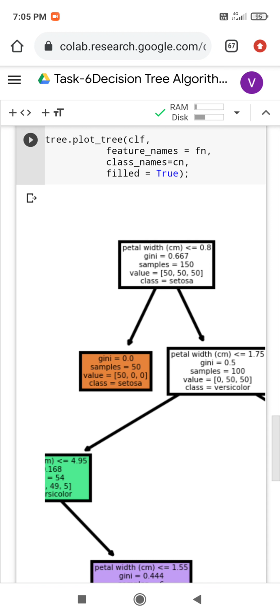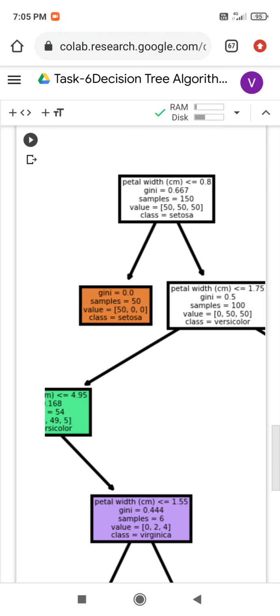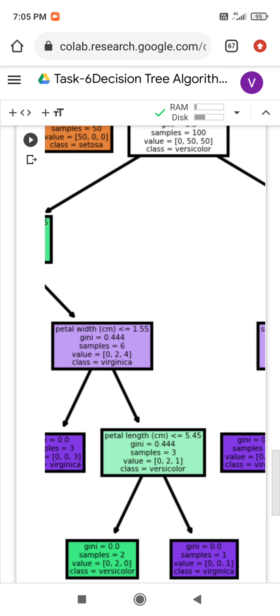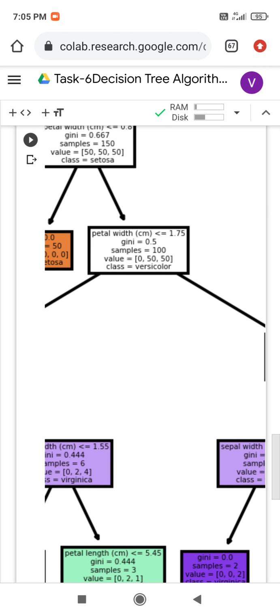If the class equals setosa, then the value equals 50, 0, 0. So if the value is 50, 0, 0, it represents setosa.